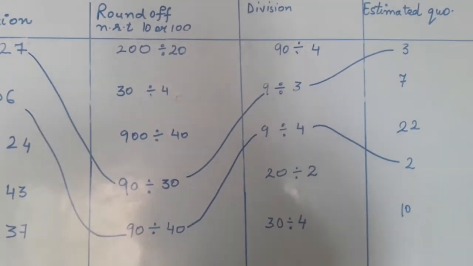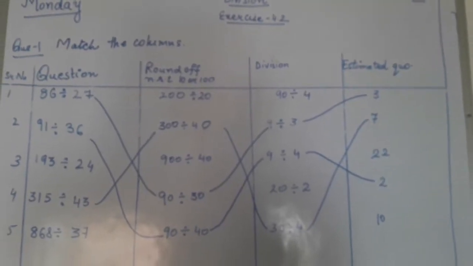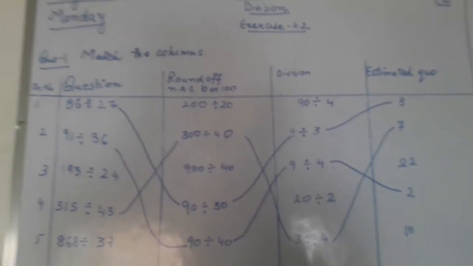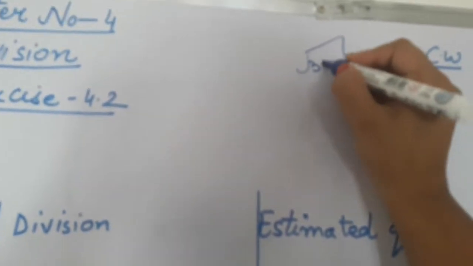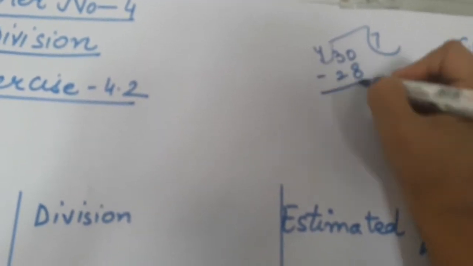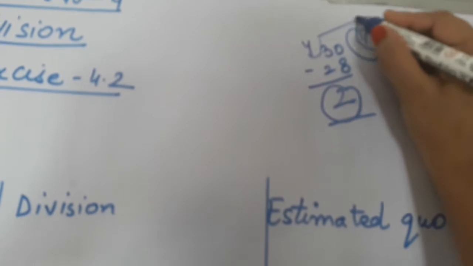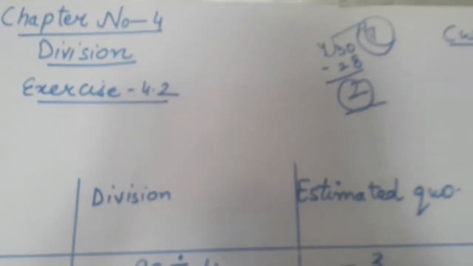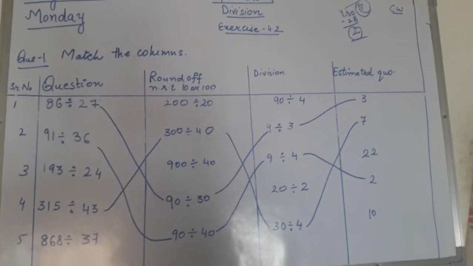Again in another way, if you want to see, I will tell you. Do the division in the rough and you will come to know how I get the estimated quotient, and you will see you are having in the rough work 30 divided by 4. 4 7s are 28. 2 is the remainder. So our estimated quotient becomes 7. Okay. In this way you can also do it. This way you can match your fourth part.